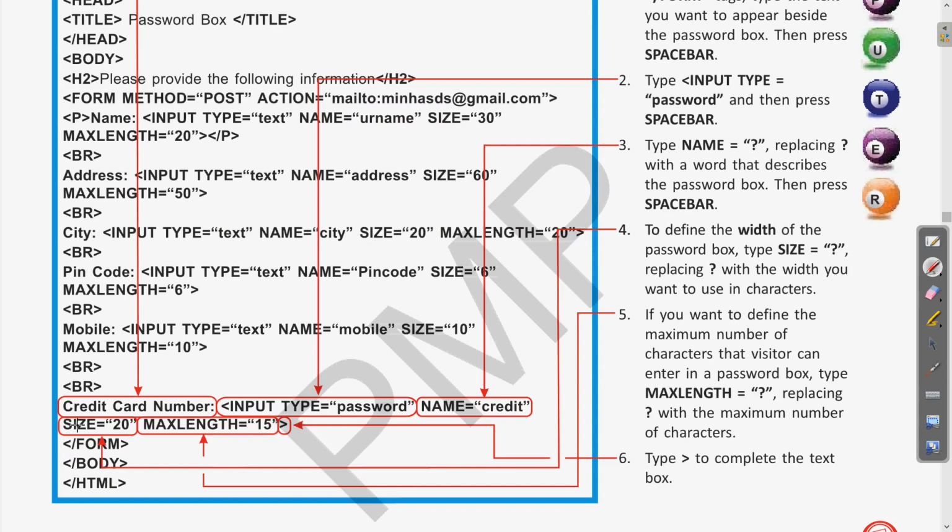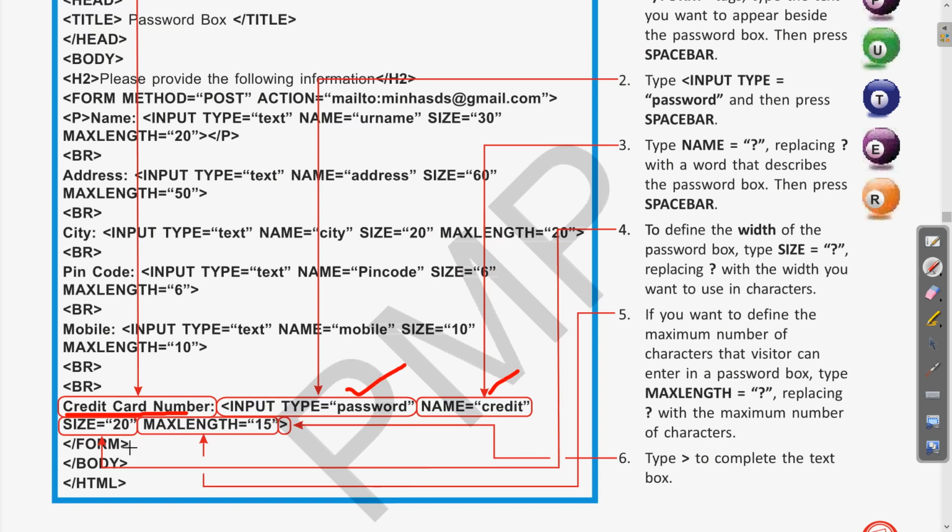So here you can see we have written credit card number, then the input type here is password. Clear? If we use the password input type, it will be hidden. Whatever text we write will be shown in dots or asterisks. Then the name of this input type we have given credit, then size and max length.